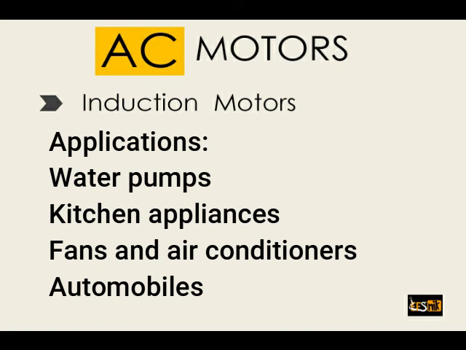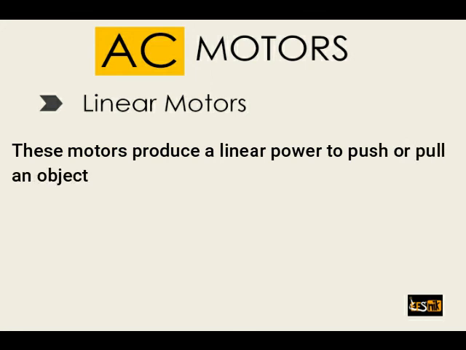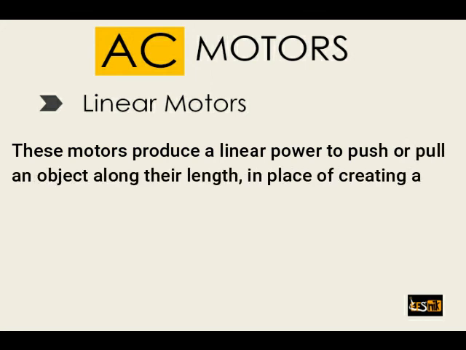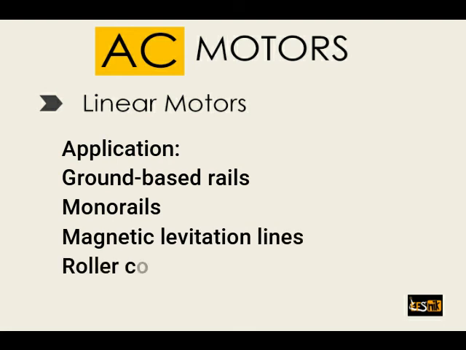boiler pumps and compressors. Linear motors produce a linear power to push or pull an object along their length, in place of creating a torque-based rotary action. Due to these properties, linear AC motors are widely used in ground-based rails, monorails, magnetic levitation lines, roller coasters, and